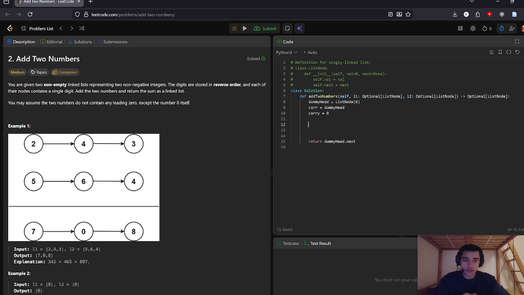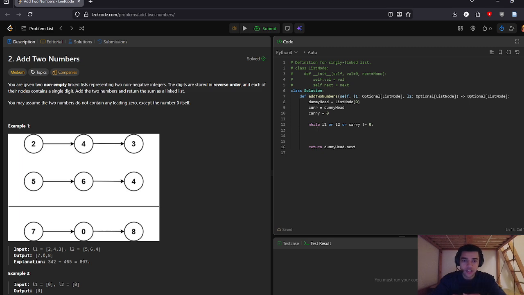Also, to simplify the coding and not manage each edge case independently, we will take into account the case where we will also have a new carry at the end. So if we do the sum of the last two digits of both lists, we'll have a carry also, so we need to add that digit into our linked list. Also, the case where not both lists have the same size, so either L1 or L2 is bigger than the other list. So I'll do while L1 or L2 or carry is not 0,